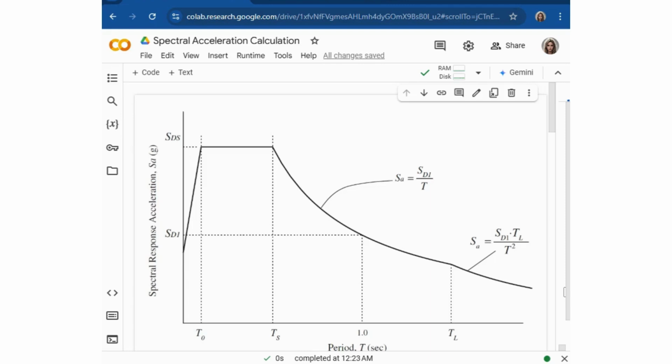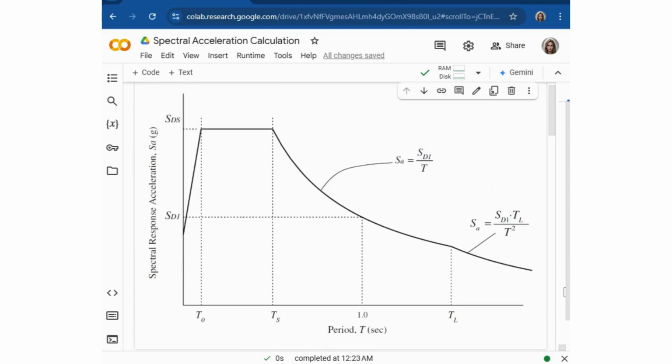First, understand this graph here. So we have this response spectrum graph from ASCE 7-16. It shows how buildings of different heights respond to earthquakes. So there is an x-axis, and it represents the structure's natural period in seconds, a shorter period for stiff buildings and longer period for flexible high rises. The x-axis is for period and the y-axis is for SA in g, which represents the expected acceleration due to seismic